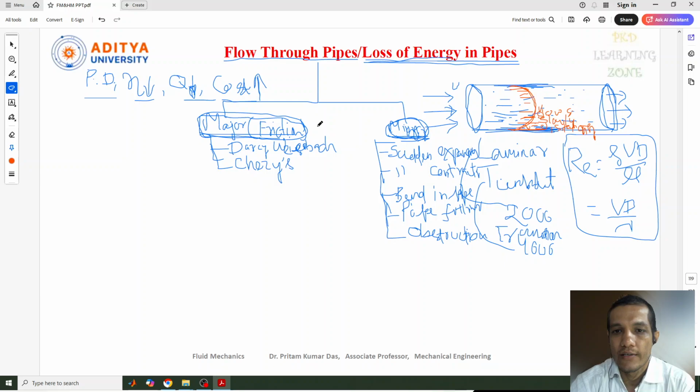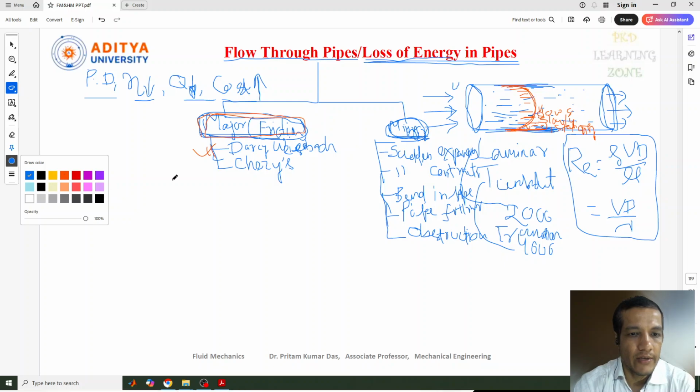Many effects are there due to this. We know there is a viscous effect, the viscosity of the fluid. It also depends upon the surface roughness, how rough this pipe surface is. So due to that also this major loss has to be considered. This calculation of major loss we have already seen in our previous video lectures about the Darcy-Weisbach equation, and there we derived this equation and identified